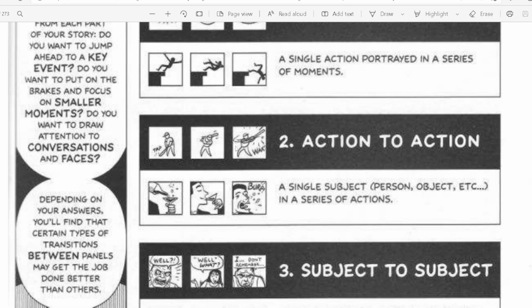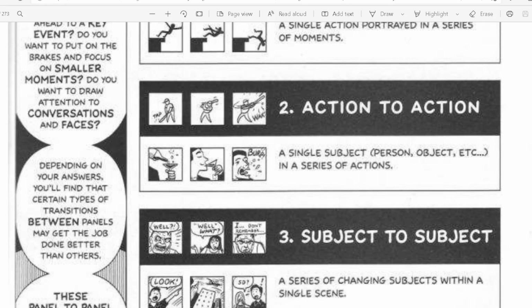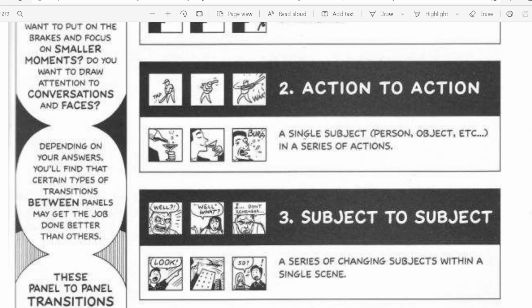Okay, you can see the difference between these 3 images. When his bat is on the ground, and the next time in the air, and now he hit the ball. And now see next, a single subject, person, object, etc. in a series of actions. You can see here.